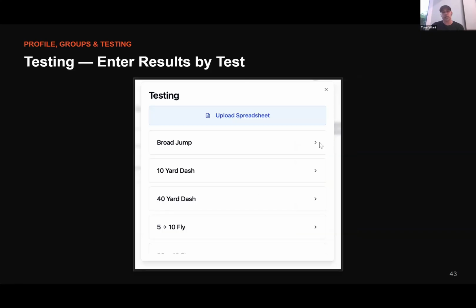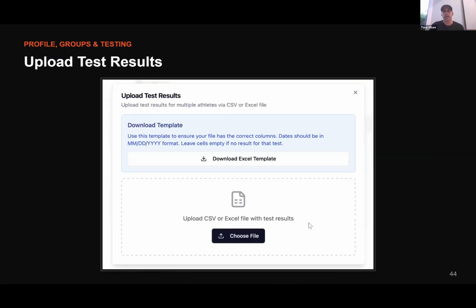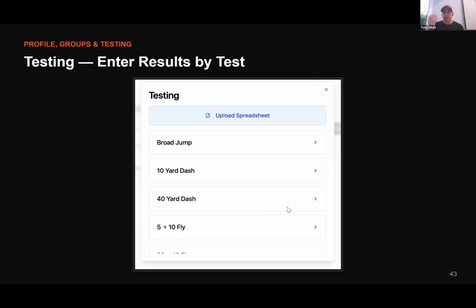Right now, if you click on broad jump, 10-yard dash, 40-yard dash, 5-10 fly, 10-10 fly, if you click on either of those, while people are going across, you can voice it in or type it in. But again, that takes time. It's good with smaller groups. We're going to start giving y'all an uploaded spreadsheet for the speed triangle, an uploaded spreadsheet for the other tests, because